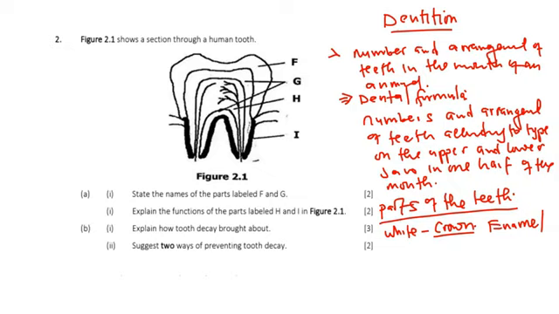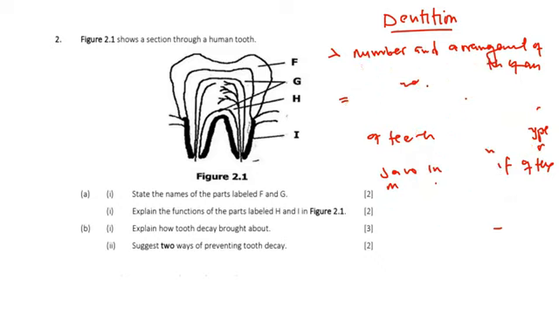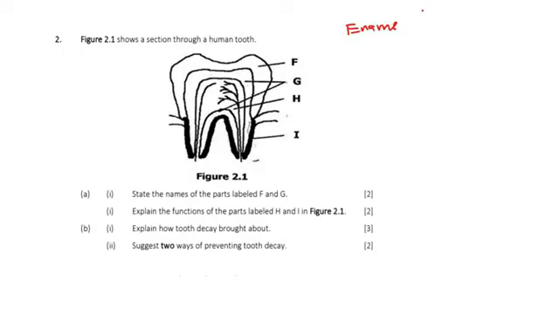Before we go to the other parts, perhaps we can look at the function of the enamel and the material that it is made up of. The crown is what we call the outer part, the enamel. As you can see from the diagram, this outer part, labeled F, is called enamel. What is the function of the enamel? Before we look at the function, let us look at the material it is made of. It is made up of calcium and phosphate